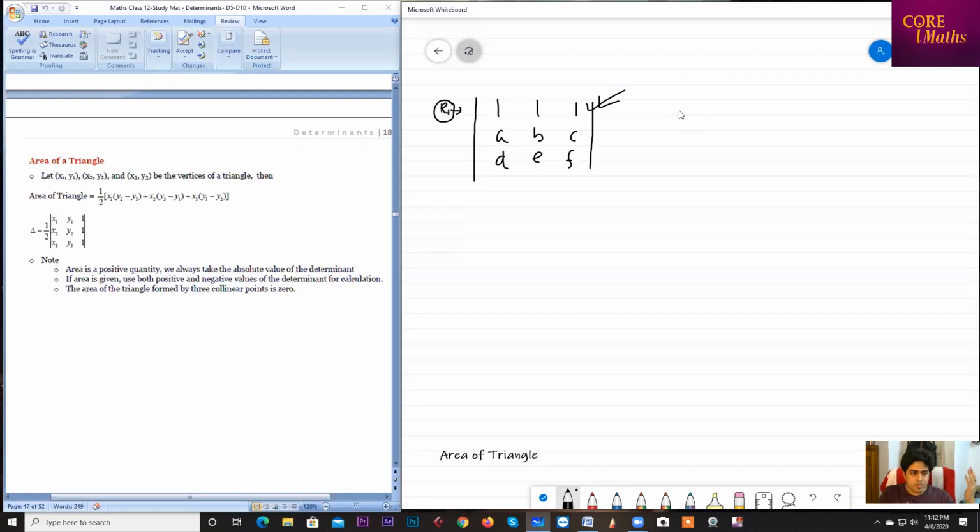Suppose the sum is given, after applying the properties and operations, our target, I have formed it in the first row 1, 1, 1. For example, anyone else, after applying the properties and operations, you may write it in the third row or second row or first column, second column or third column, but your target will be the 1, 1, 1 form. You have to write the determinant in 1, 1, 1 form, right? Then you have to write it